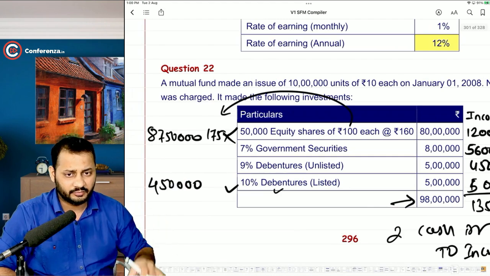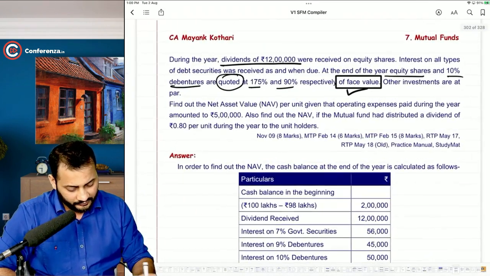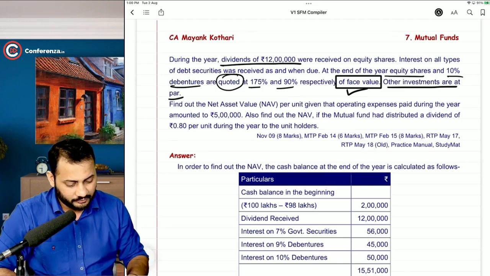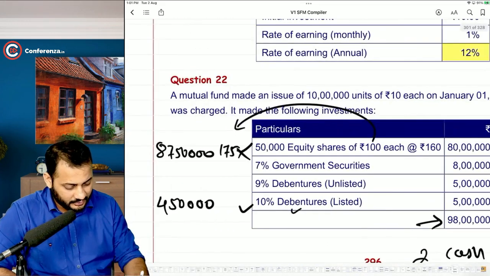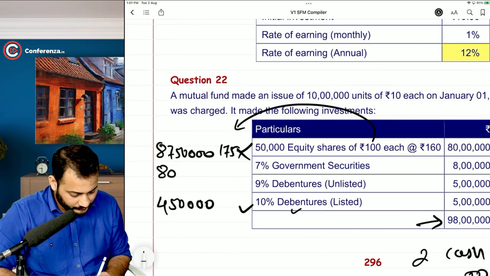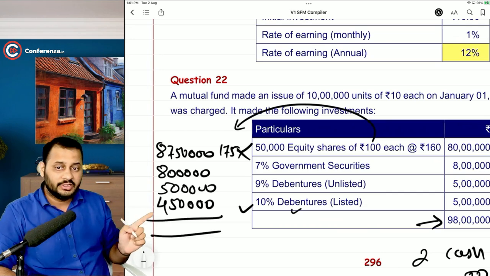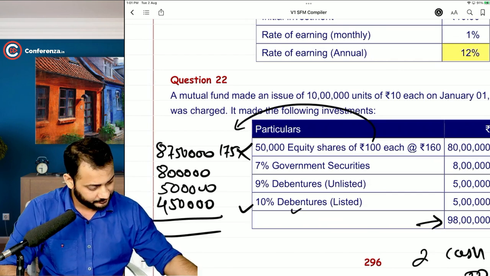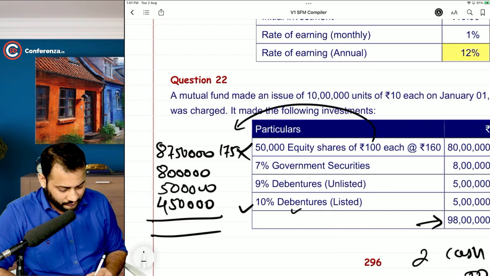Let's talk about rest of the two. If there is any other information about that. Other investments are at par. That means both the other investments are having same value. They might not be traded in the market, so 8 lakh and 5 lakh will remain same. Now the closing market value of all the investments that you have made is like this: 105 lakhs,